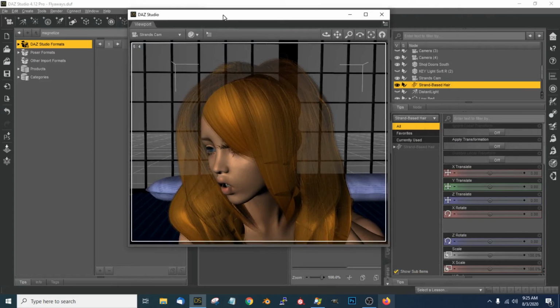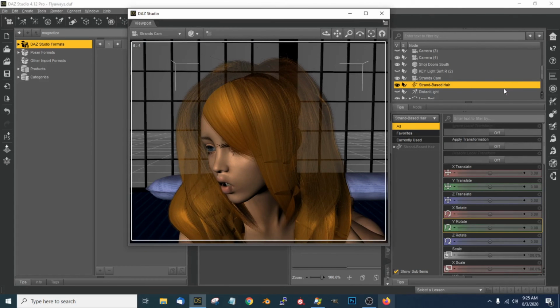Then the second thing you need to do is just set up some lighting. You're working with flyaways, and so I thought that would be better with rim light and translucency, and so that's what I did. And as just one other little tip for you,